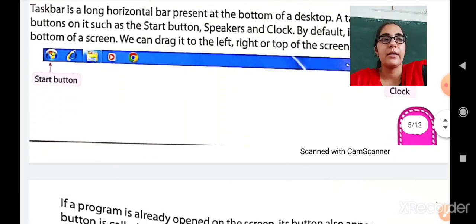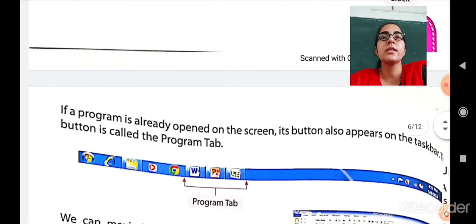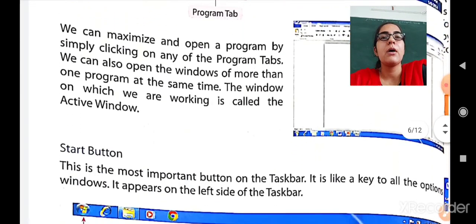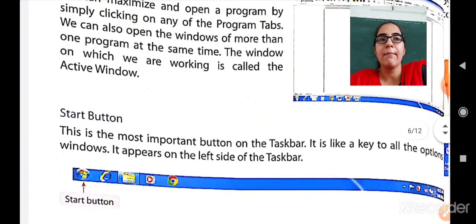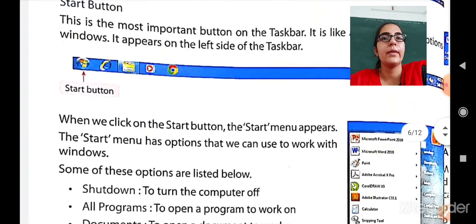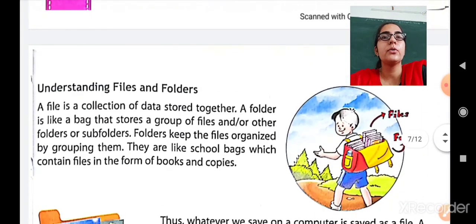Then the taskbar, which is presented at the bottom of the screen and is movable. How to maximize or minimize the program, what a program tab is and what is called the active window. Then we studied about the start button. Now we will move forward to understanding files and folders in our next period. For now, bye bye, have a great day ahead.